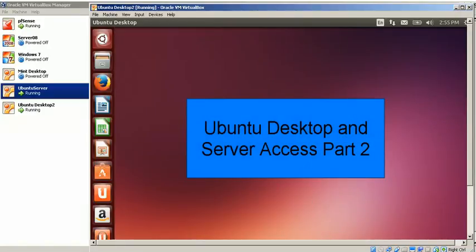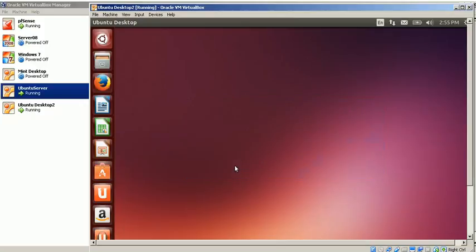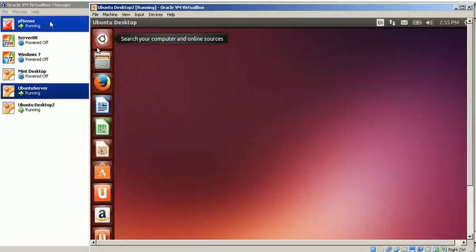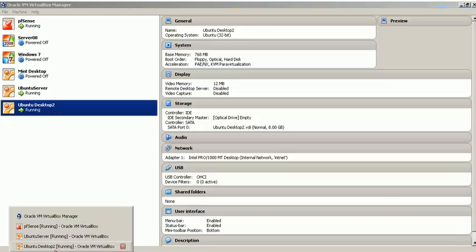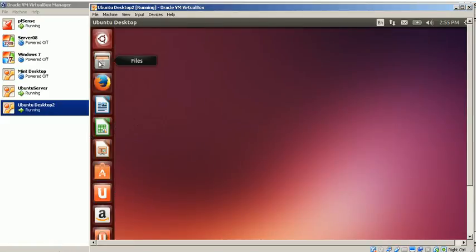Alright, so previously we were able to access, through the Ubuntu desktop, our shares on our Windows Server 2008 virtual machine through the network shares. What we're going to do now is access the Ubuntu server shares through our Ubuntu desktop. Just like previously, the pfSense router is on, the Ubuntu server is running, and I've started the Ubuntu desktop. So what we'll do first is go into the files,